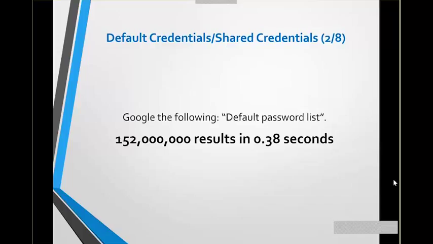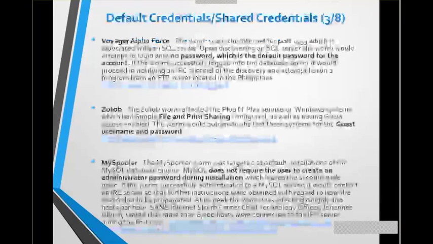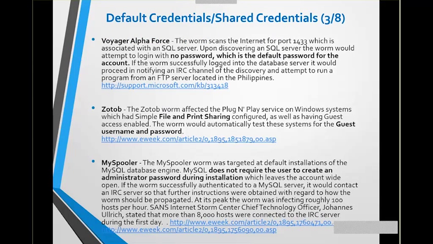The problem is if your neighbor can have access to your Wi-Fi on that router system, they can go on Google, look up the default password list for Linksys, and get into your files in your computer through that link. Next page, please. Now with this list that is actually out on the internet, this is widely known through many different hackers. This is something that is very exploited also.